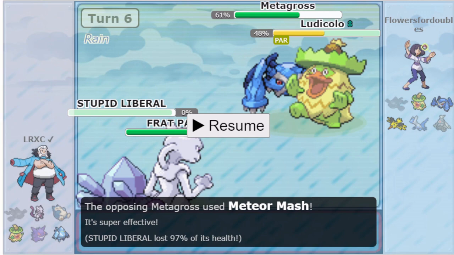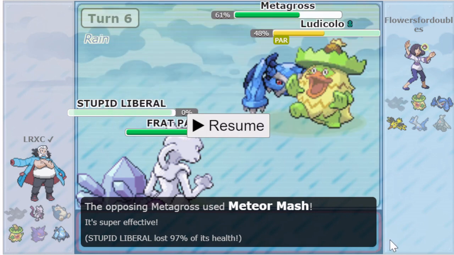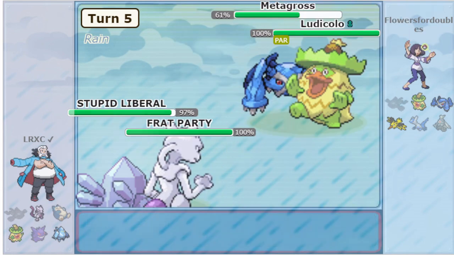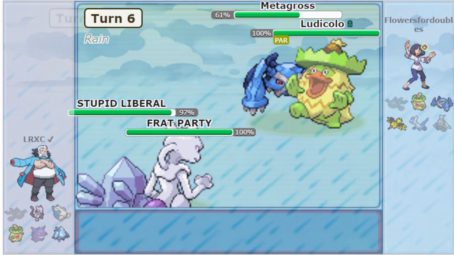So I have no switch in, as you can see. Well, I could have switched in the Ludicolo into here, I guess. I guess that actually could have been a play. I don't know why I didn't go for that. Why didn't I do that? Now that I think about it, why didn't I just do that? Hold on a second. I protect the Regice. Here comes the Metagross. Click and protect. Ludicolo's paralyzed. Why did I not just...